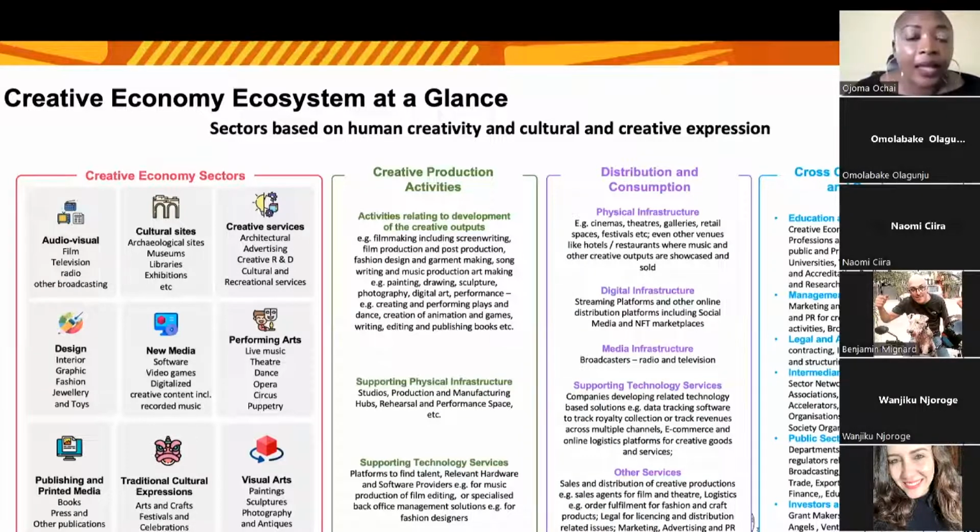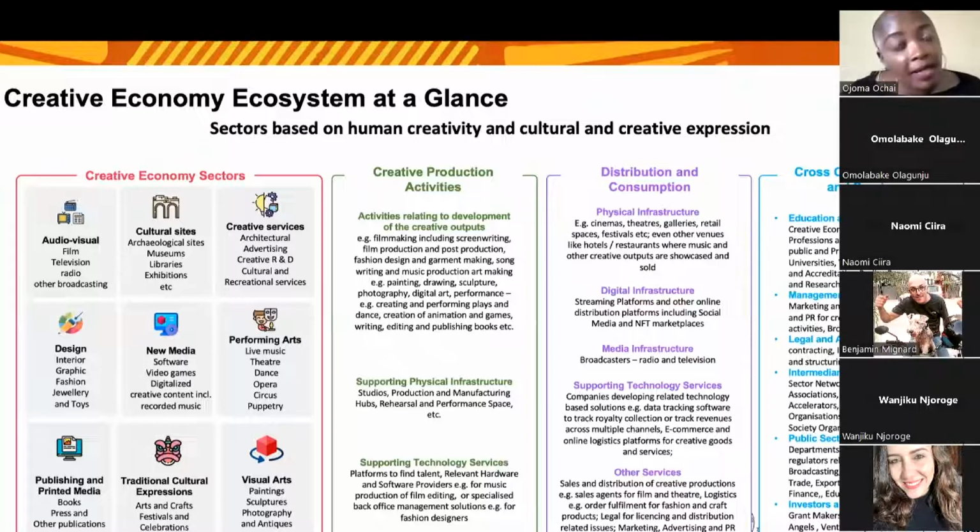You also need to know intermediaries and networks. Organizations like the Creative Economy Practice in Nigeria, their associations, the different collectives that work across the continent like we do, or maybe they work in your particular country. Are you aware of them? Are you aware of the services they provide? You need to be aware because they may have opportunities for investment, they may have opportunities for mentoring, for training that you can benefit from. So this is all stuff that you need to be aware of as you run a business.